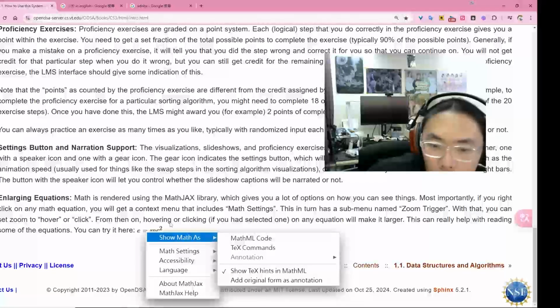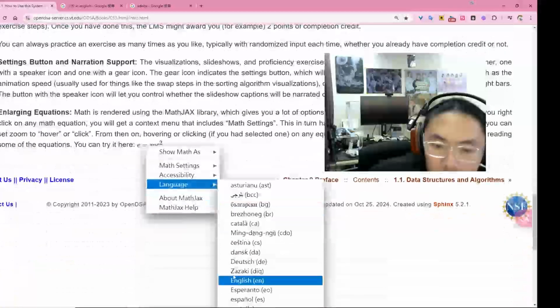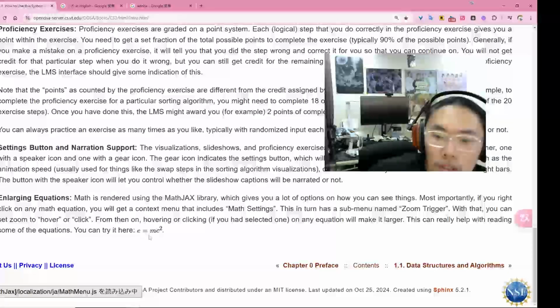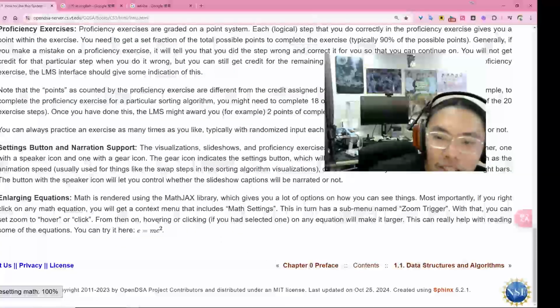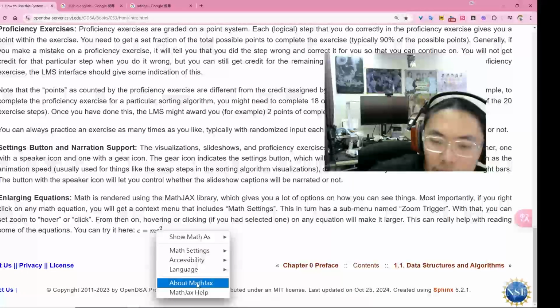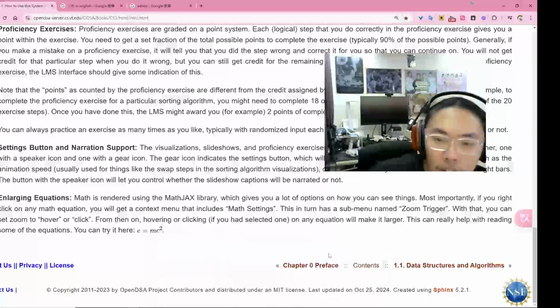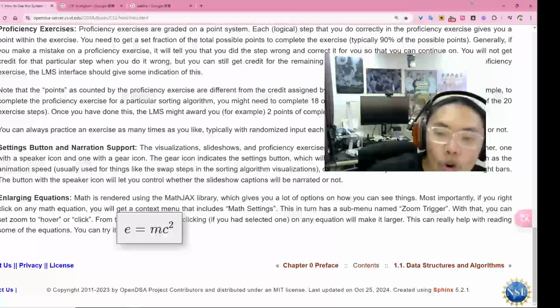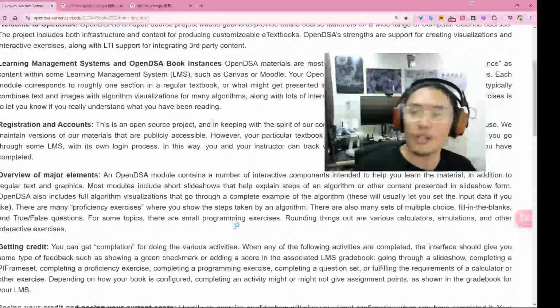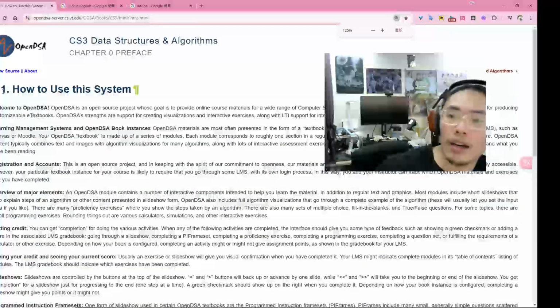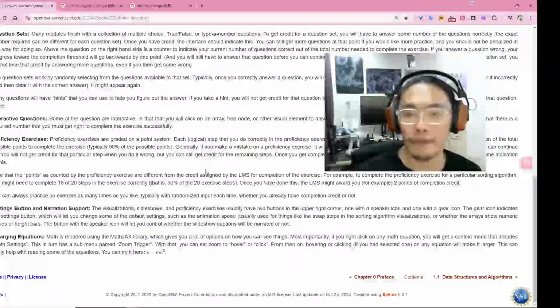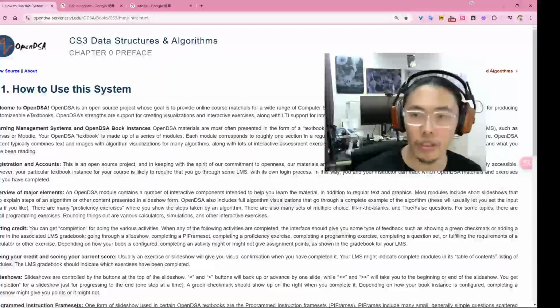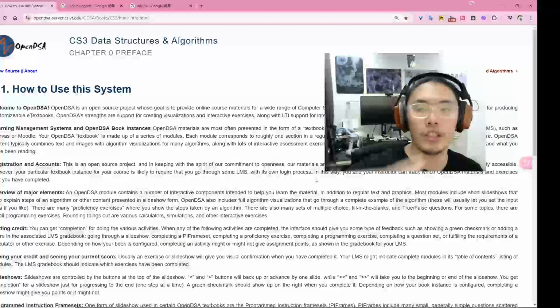Okay. Language. Wow. English. Alright. Hover. Oh, cool. Alright, so basically this 0.1 How to Use This System is introducing how to use the page,